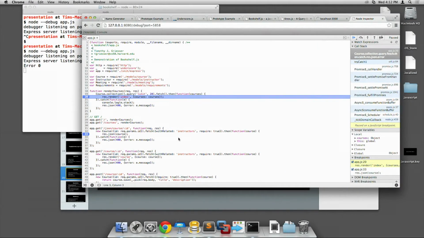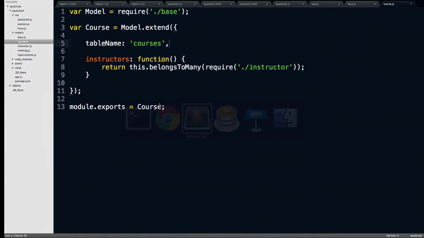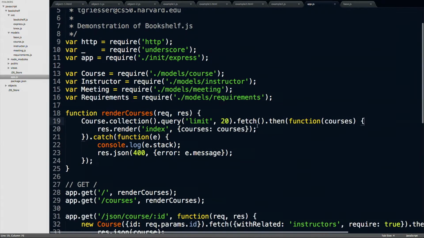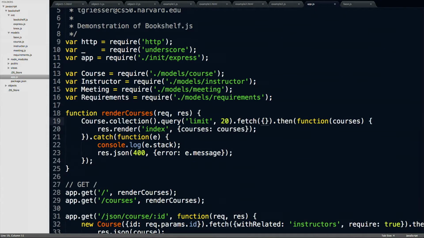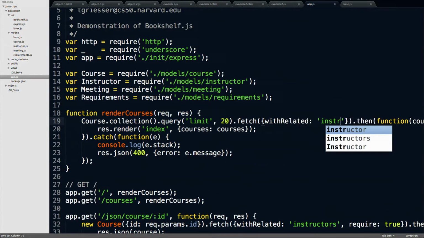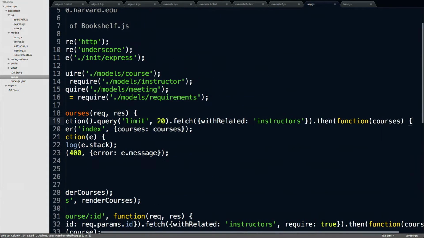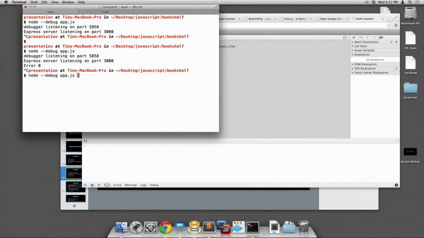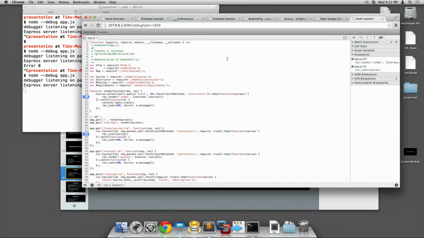So if I go ahead and stop the application, jump to this fetch call, you can specify different options that you'd like to pass along to it. And one of them is the ability to load related code by specifying withRelated: instructors, then courses. So let's go back and refresh this here